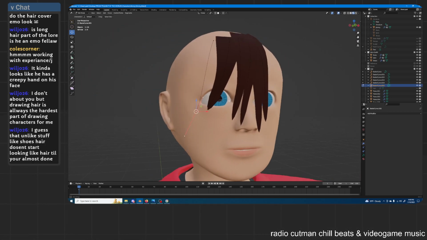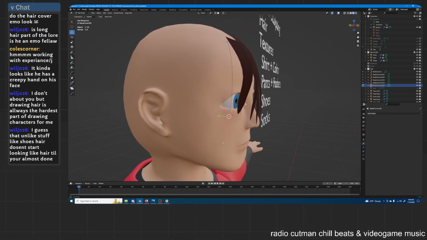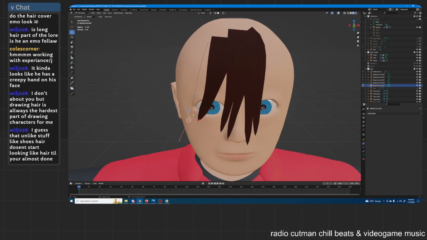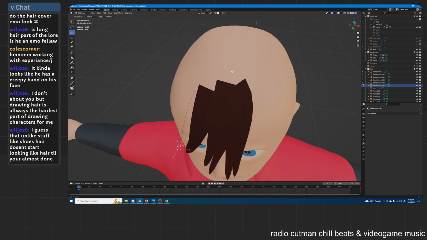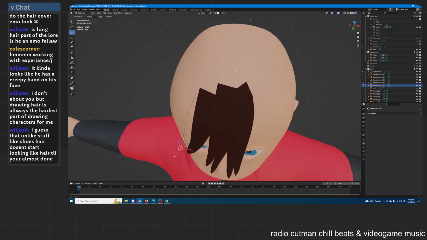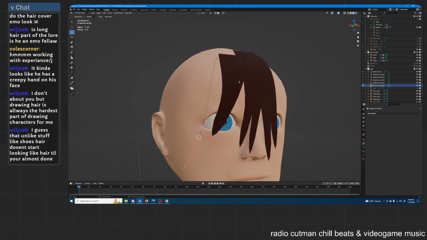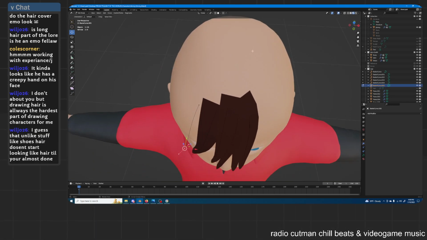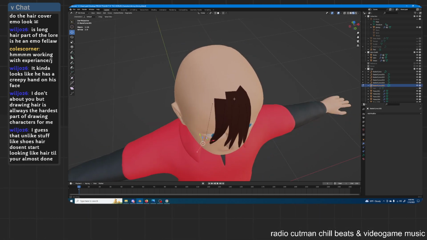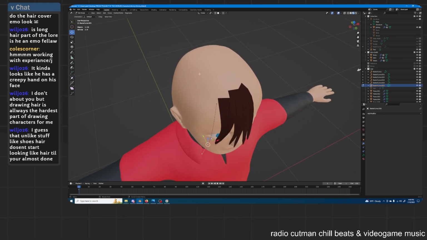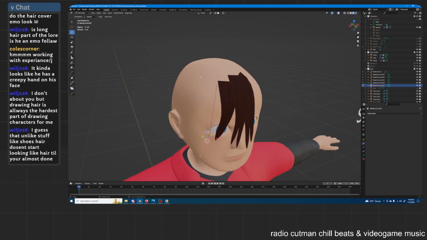But I mean, so far it's not bad. And like I was saying earlier, once I actually have my hair texture, it's gonna kind of look like he's balding, with just a few hair strands and then nothing underneath to really give him that hair fullness. So what I'll do is I'll paint a hair texture color on the actual head itself, so that even if you're looking through the transparent part of the hair,